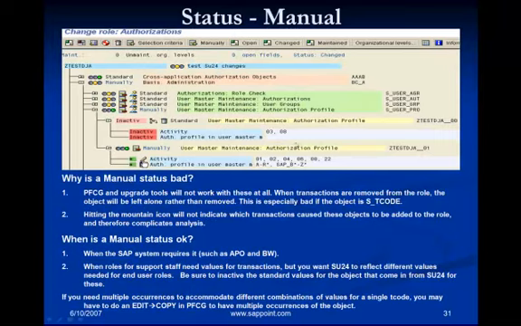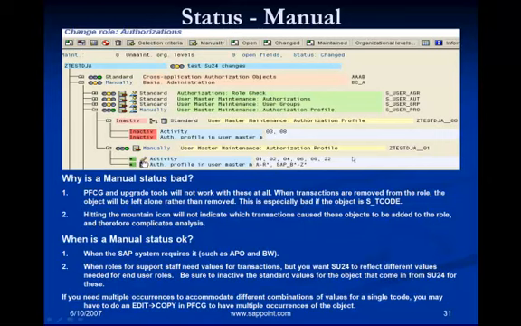Another status that you have for the object is the manual status. Why is the manual status bad? Manual status is bad because PFCG and upgrade tools will not work with this at all. It is the same situation as for changed: when the transaction codes are removed from the role, the object will be left alone rather than removed.